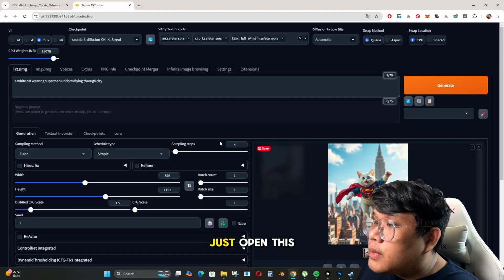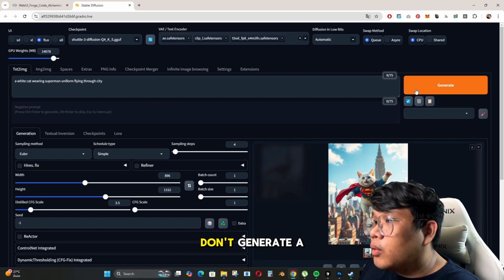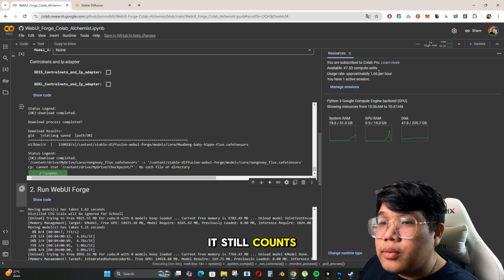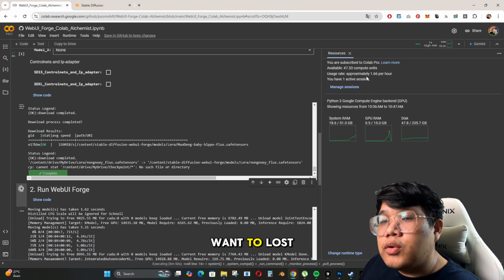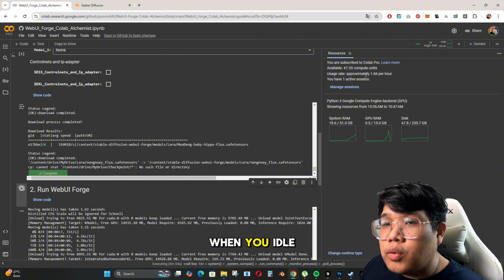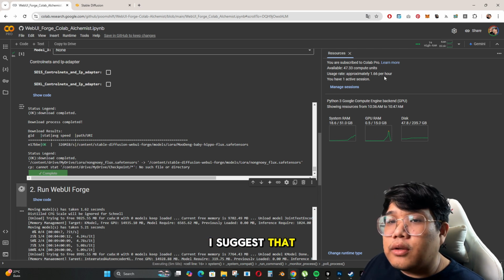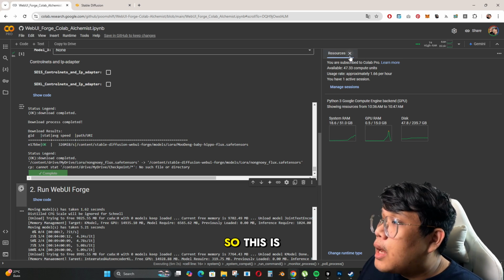If I just open this program but I don't generate a picture, it still counts the compute units. So if you don't want to lose compute units when you idle, I suggest that you stop the program. So this is how you